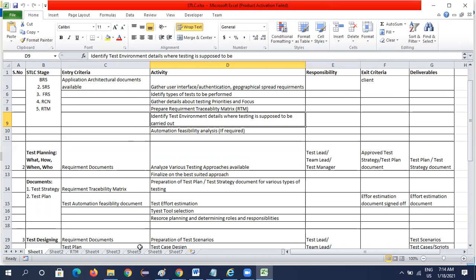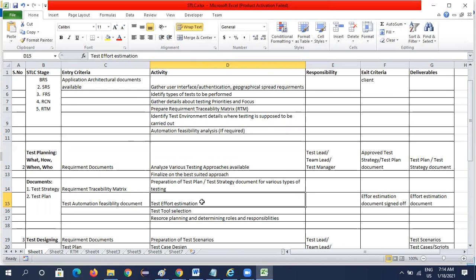And we identify the tool selection, like what tools we need to use. For example, if you go for automation, we need to decide on Selenium with Java, Selenium with C sharp, or Selenium with Python, whichever would be the best suitable one.